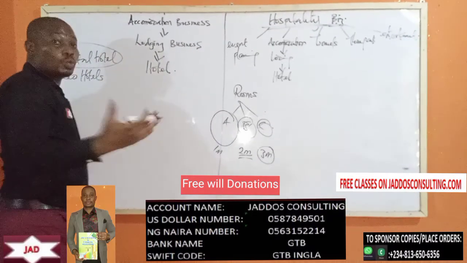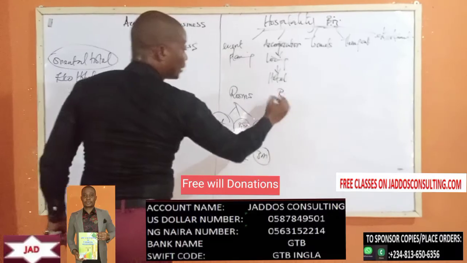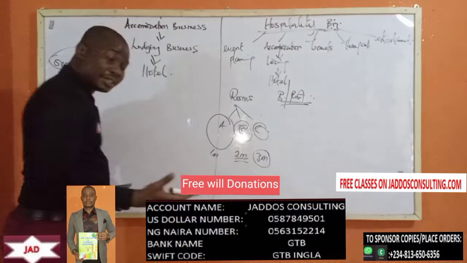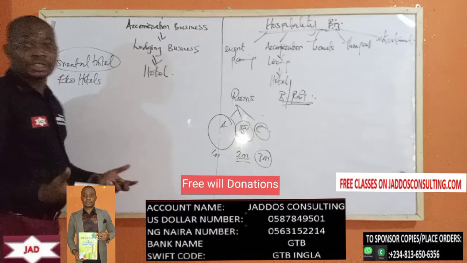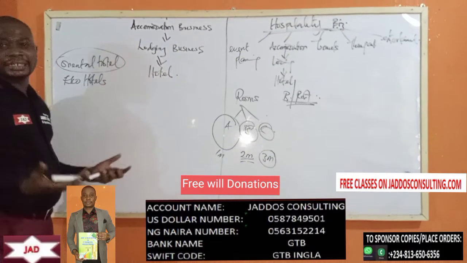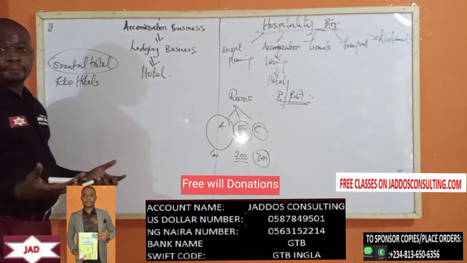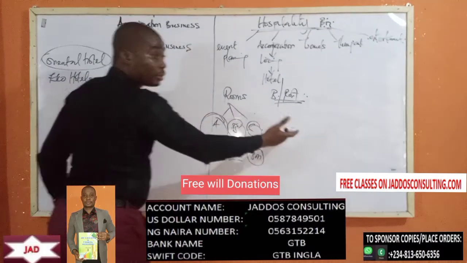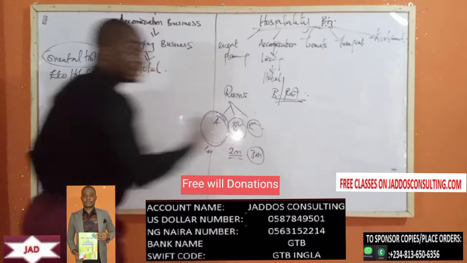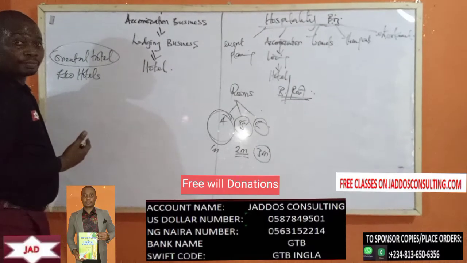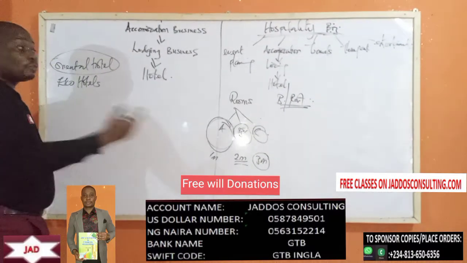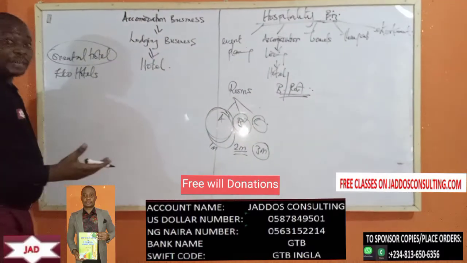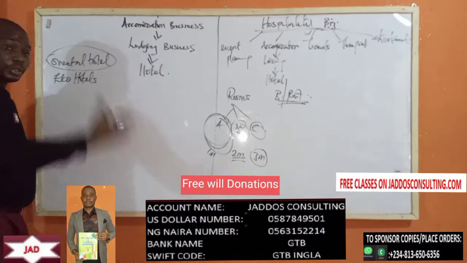The hotel as well can operate a bar, or what we call a restaurant. In a restaurant, what do you have? You have drinks, and then you have different things, could be food on the menu list. You can order for them while you are in your room, or you can simply go to the restaurant or the bar, take your food there, and then come back to your room. You can decide, even without booking a room, to go in there, pick what you want, and leave, depending on the way the hotel is structured or managed.